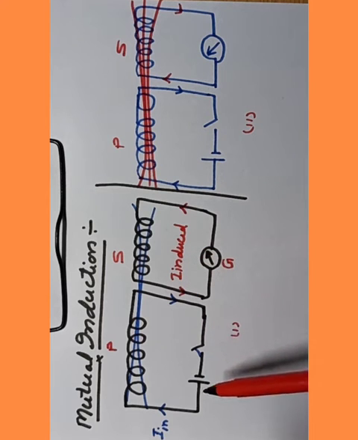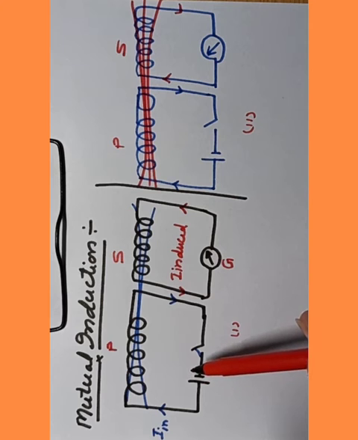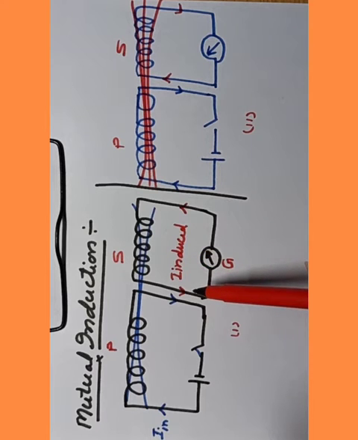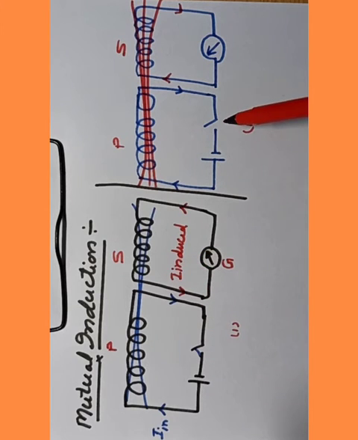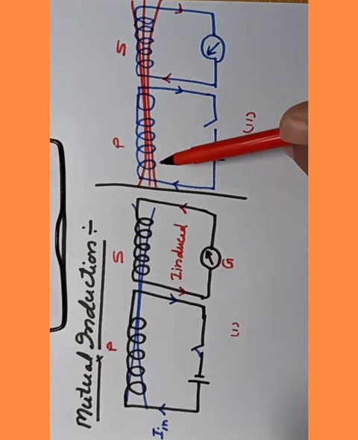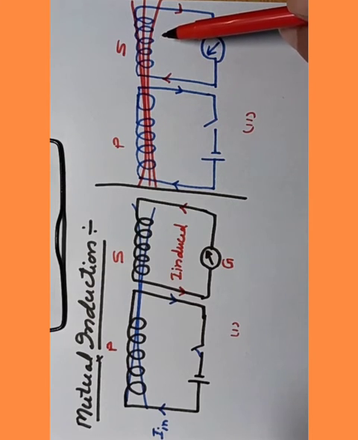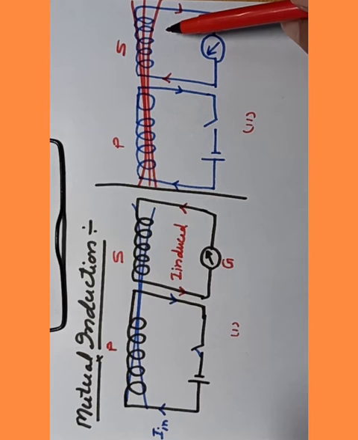Ultimately, the battery current in the primary coil becomes maximum, and then induced current in the secondary coil becomes 0. However, if we switch off the tapping key, open the tapping key, the current direction remains same, but its value decreases from maximum to 0. Then the decrease of current will decrease the flux associated with the primary coil and the secondary coil. This decreasing flux will again produce induced current in the secondary coil and induced EMF that can be seen by deflection produced in the galvanometer.